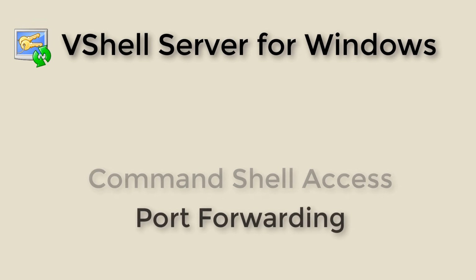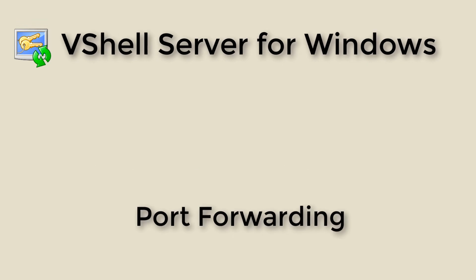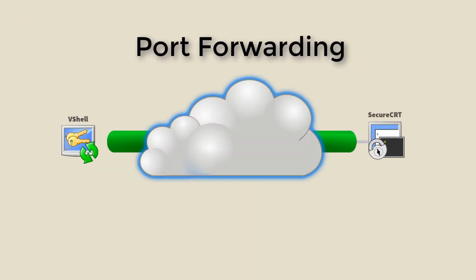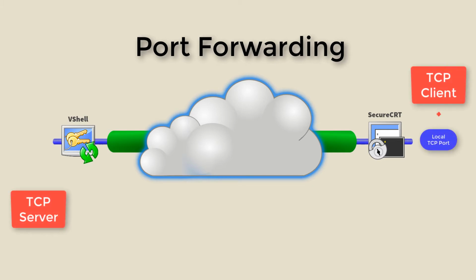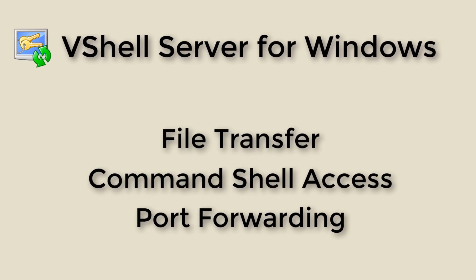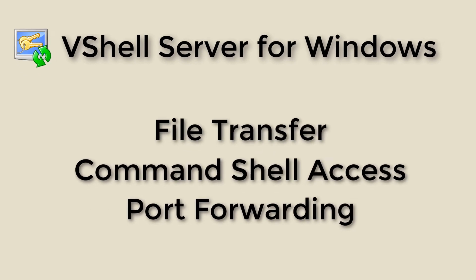An SSH2 port forwarding client like SecureCRT can initiate a connection to VShell and request that TCP packets be forwarded from the client machine across the encrypted SSH2 connection and onto another service that happens to be accessible only from the VShell machine. While VShell has the capability of providing all of this functionality, your specific project may only require